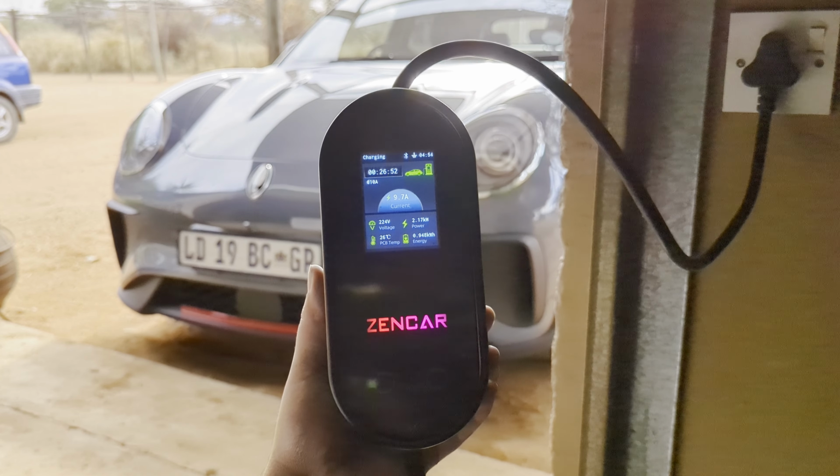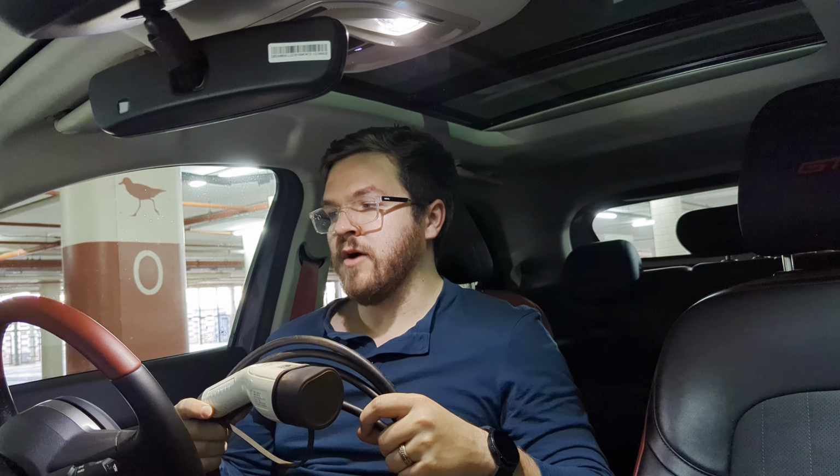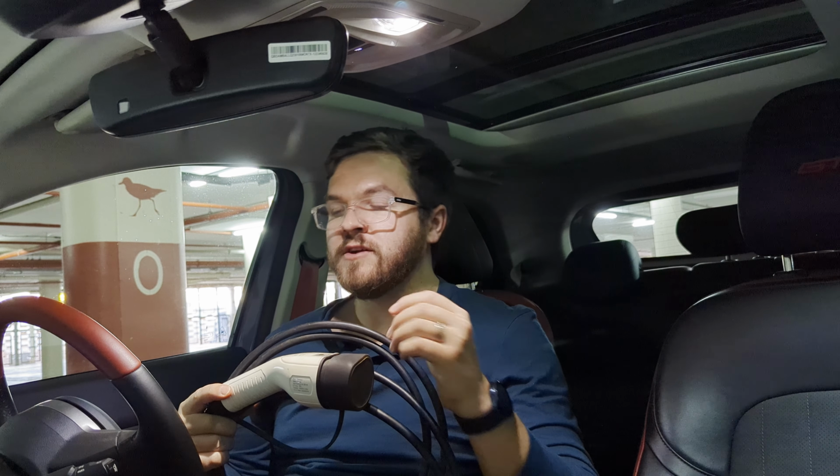So if you want to know how fast your car will charge with this charger, it's pretty simple math. You start with the capacity. So we've got a 60 kilowatt hour battery, and if I were able to charge at say 3 kilowatts, there's a setting on here that allows me to limit it to around that speed, that means it would take roughly 20 hours to fill from empty to full,